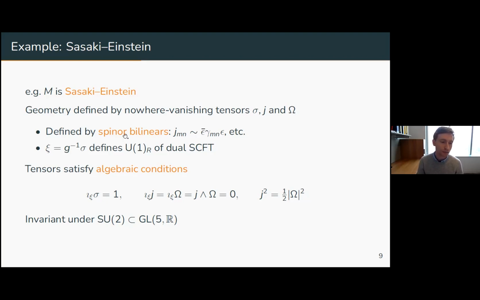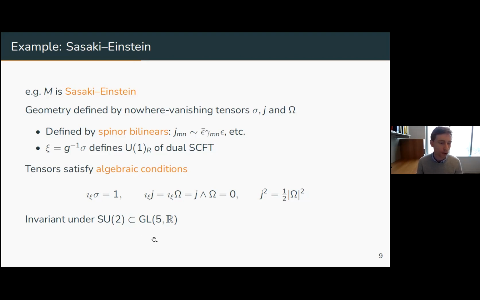And these things can be defined entirely as spinor bilinears in terms of the invariant spinor that characterizes the supersymmetry. Using these objects, you can then construct a nowhere vanishing vector field xi, which you should think of as characterizing the U1R symmetry of the dual superconformal field theory. Constructed from the spinor bilinears, these tensors automatically solve some algebraic conditions, which I've just written down here. And these algebraic conditions guarantee that this set of tensors is invariant under an SU2 instead of the GL5 acting